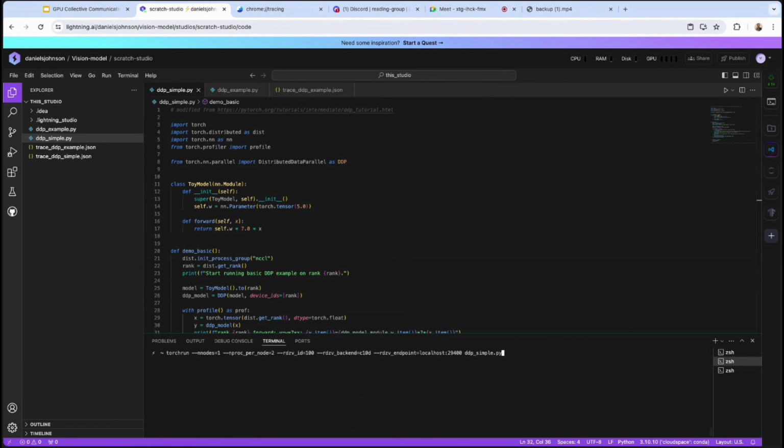We use torch run, which is just launching the code on multiple processes. And so we're specifying 2 processes here. And so we're only going to use 2 GPUs. And we'll end up seeing